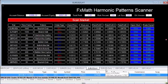And if you go back into the guts of the EA, you can tell it whether you want to set it for take profit 1, take profit 2, or take profit 3. Take profit 1 is generally the profit is greater than the stop loss, but not really significantly. Sometimes 30, 40 pips greater. By the time you get to take profit 3, a lot of times your profit is like 300 pips or 400 pips greater than what your stop loss is on the trade. So, if you really want to swing for the fences, go back in and adjust your take profit